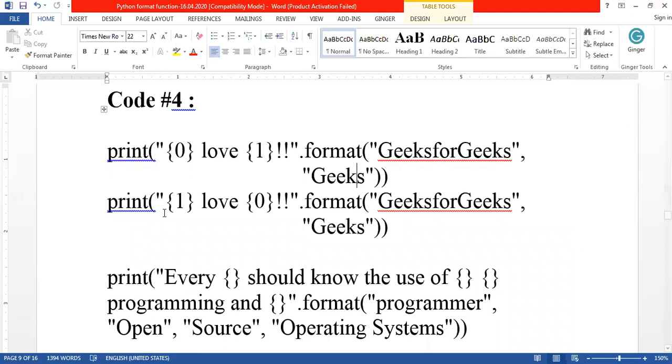So next one, you can give it in any order. It need not be in ascending order. In the next statement, you are giving it as 1. So 1 means it will take the first value.